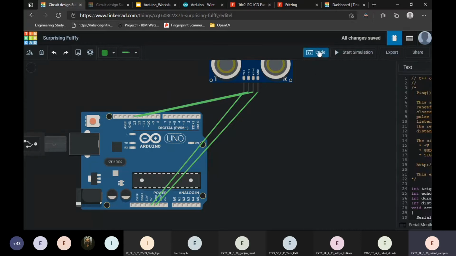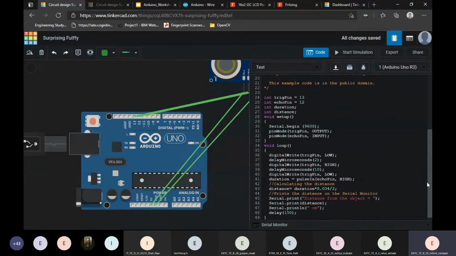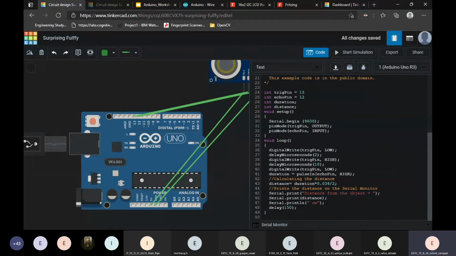Following with the code, I've written it already, so let me explain it line by line. The code is very simple. First we declare pin 13 as the trigger pin, which emits the ultrasound, and the echo pin as 12.